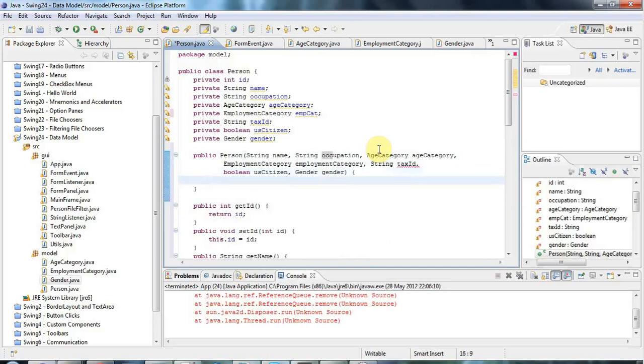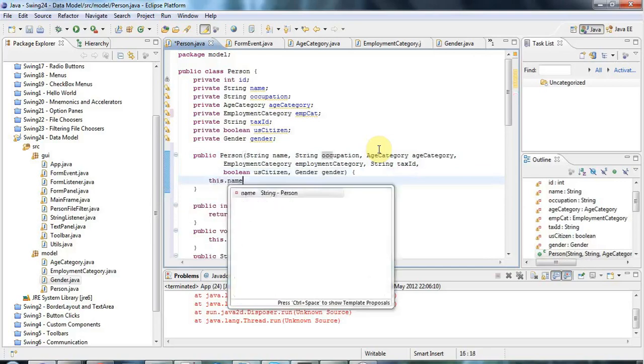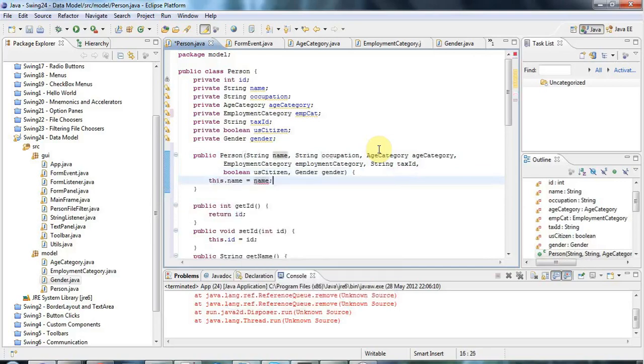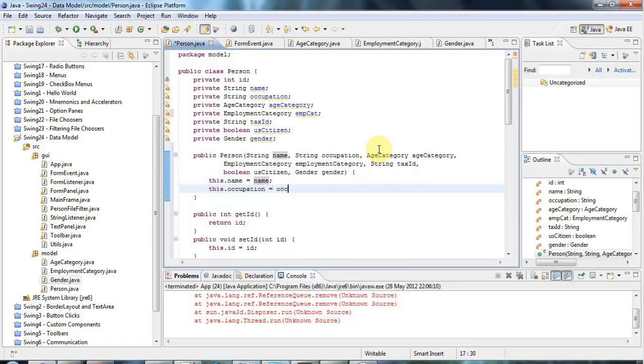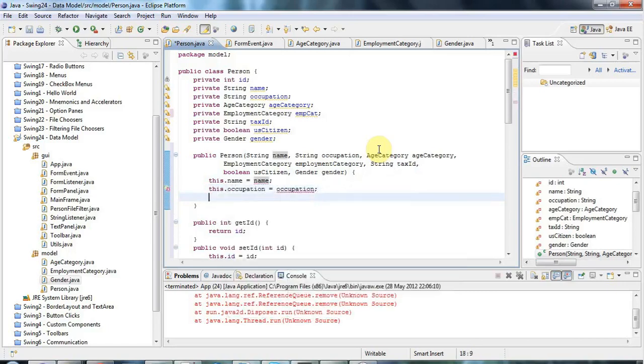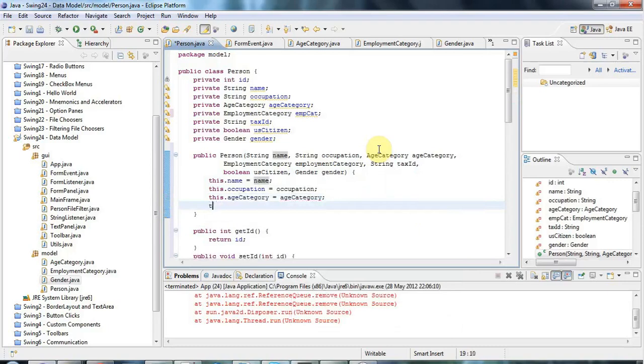And this, of course, we'll have to do this dot name equals name. This is a bit boring, so this dot occupation equals occupation. I don't know if there are any shortcuts in Eclipse for dealing with this kind of thing. I suspect not. And this dot employment category,